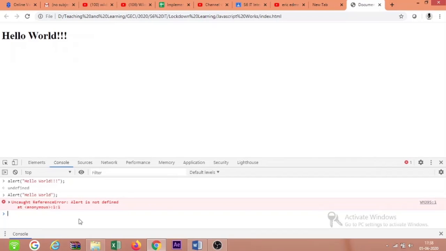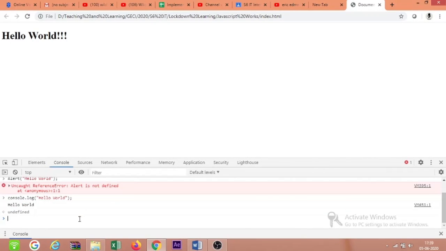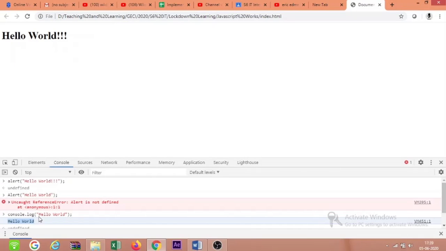And I will also type one more thing, that is console.log. So console.log hello world. Let's check what happens now. Okay, you can see here that the message hello world, which we have written here, is displayed in the console itself. So that's what happens with console.log. We can use console.log for debugging purposes, so that nothing will be displayed on the user end. It will only be displayed in the browser console. So that is console.log. So this is our first JavaScript code.